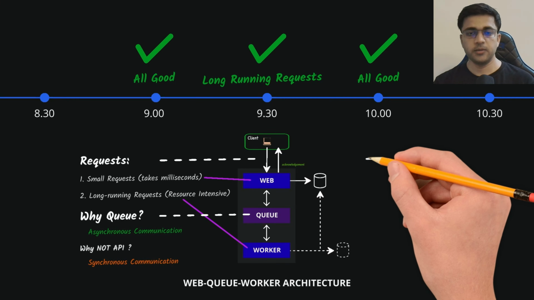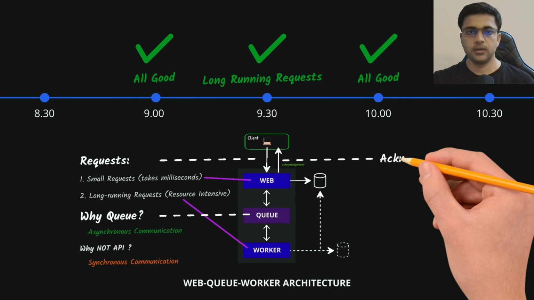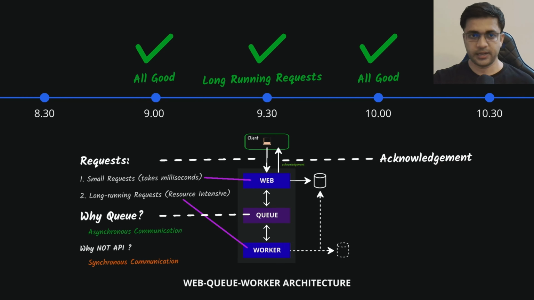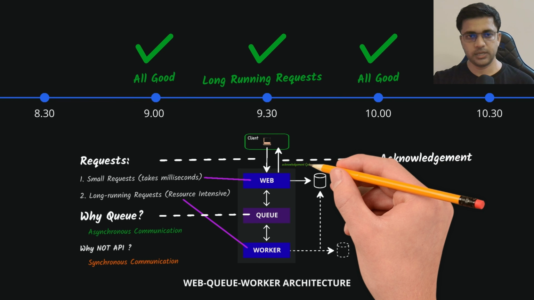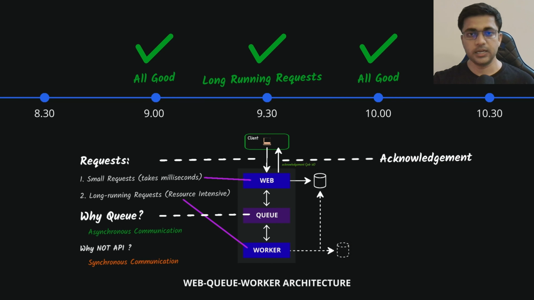Now, there is another important implementation detail: communication between the web and the client. Previously, it was simple. The client sent a request and the server returned the response right away. But now the scenario is different. For long running tasks, the web server only sends an acknowledgement first. The actual result comes later, once the worker finishes the job. Usually, the web returns a job ID to the client, so when the result is ready, it knows which request